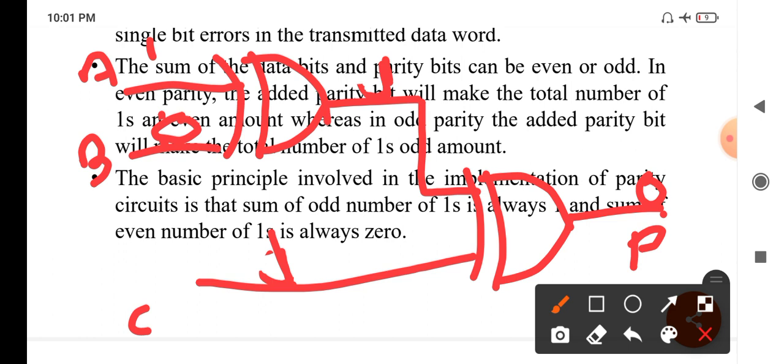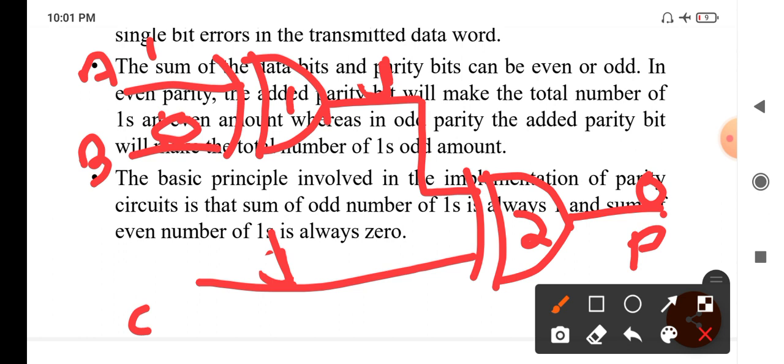So like that, you can use the XOR gate for implementing 3 bits. Basically we have to start from 2 bits. If you have 1 XOR gate, we can implement it for 2 bits. If you have 2 XOR gates, we can implement it for 3 bits.